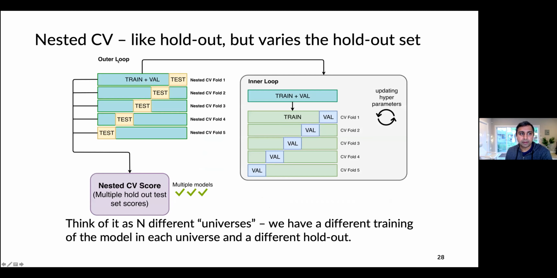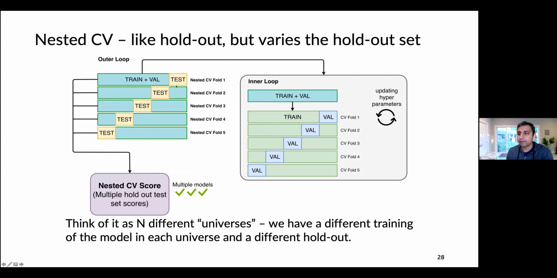So what we use is something called nested cross-validation. The first part of nested cross-validation is just like before, where you have a holdout test set and a training set, and you use the training set to update your model, and then you evaluate it on your test set. But then you repeat that process multiple times with different parts of the data being your test set. Your training data set changes in this next part, so you have to retrain your model using the new training data, and then you test it on the new test data. And you repeat this process, let's say 5 times, so that every single data point has had one opportunity to be part of the test set.